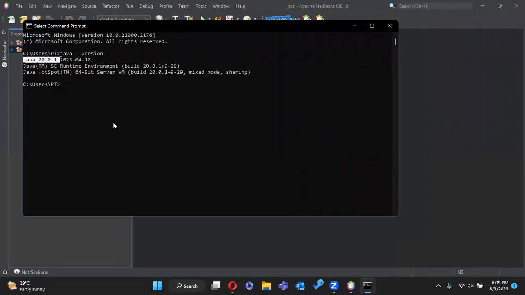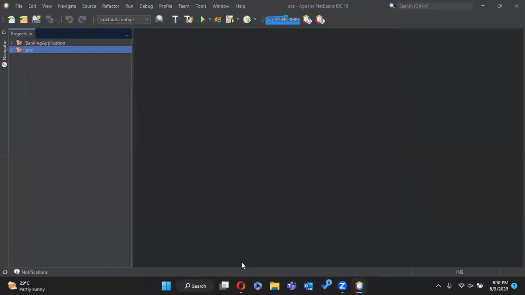As that, you have to check the installed version of your Java SDK. Then you have to set up the JavaFX SDK also like that. I installed Java 20. Then what I have to do next is go to the browser and go to this website,